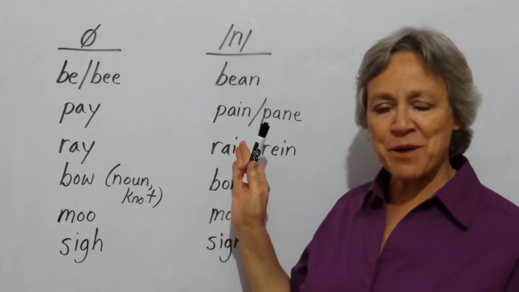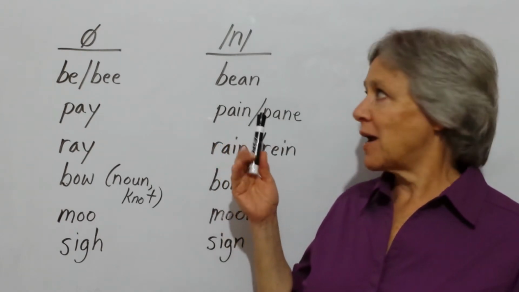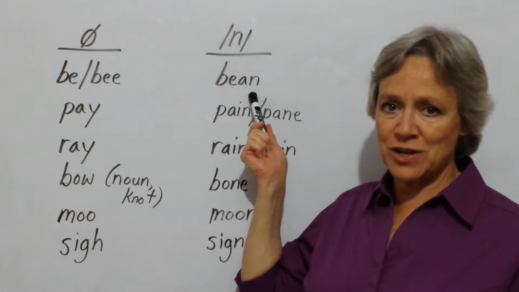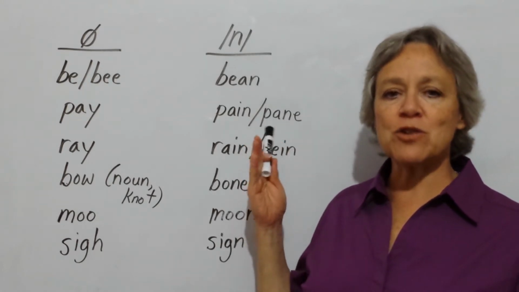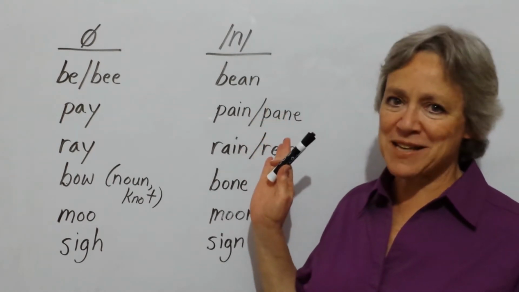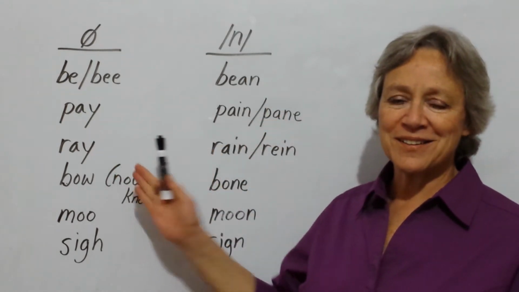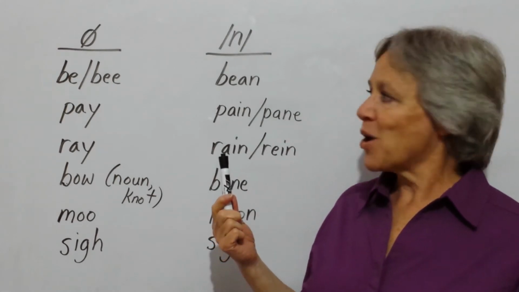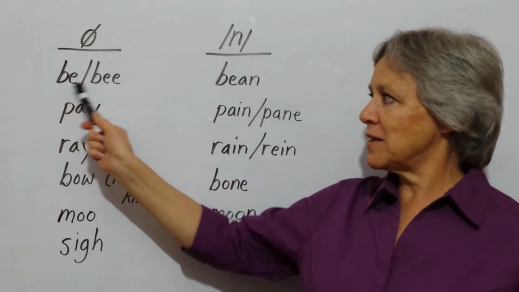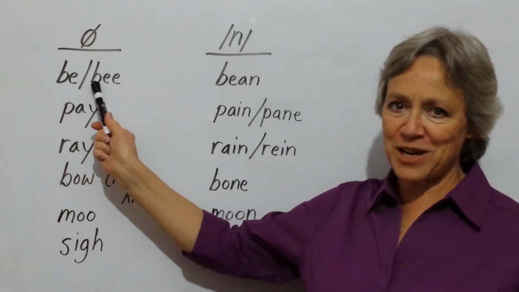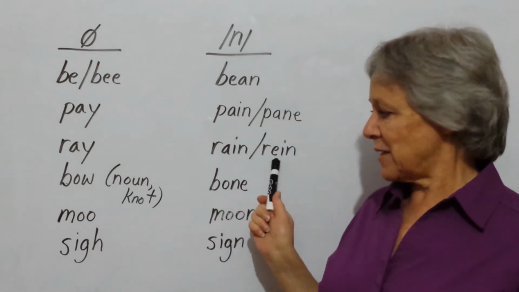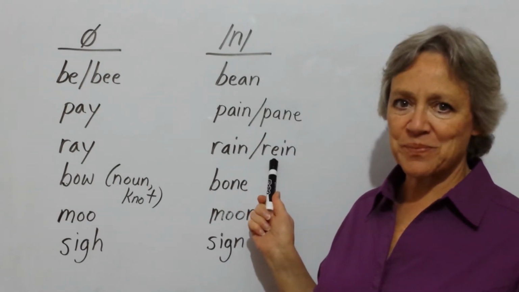So I'm going to practice them. When we practice, you can go ahead and exaggerate the sound if you need to at the end of the word. Just be sure that you do complete that sound, okay? Otherwise, it may sound like this word or even another word. When I have 2 words together like this, it just means that these words have the same pronunciation, okay? So these 2 are the same, these 2 sound the same, and these 2 sound the same.